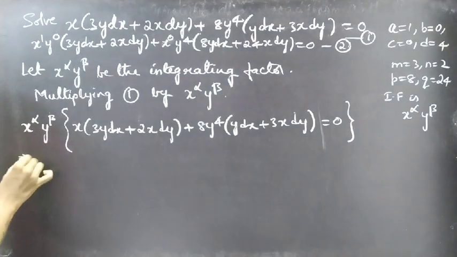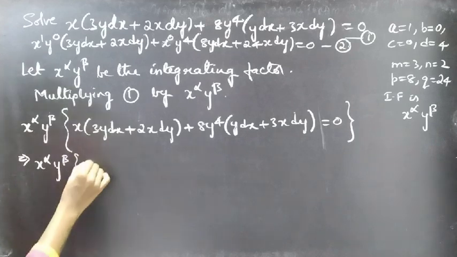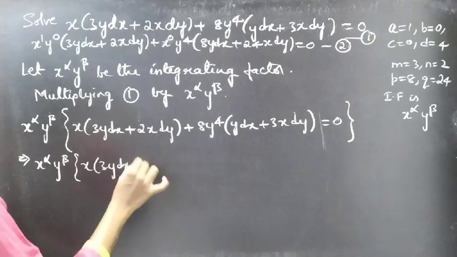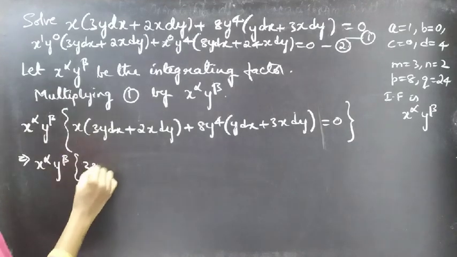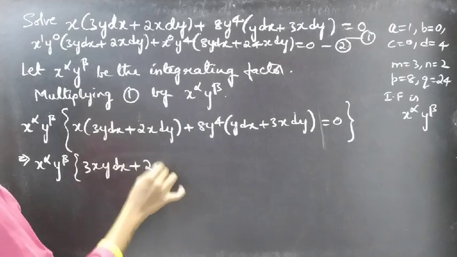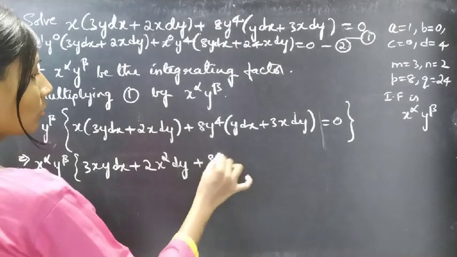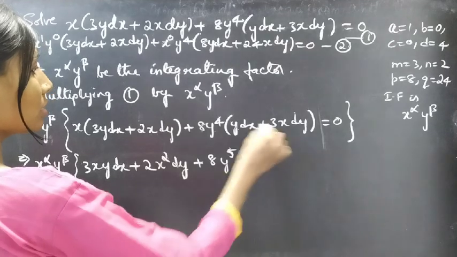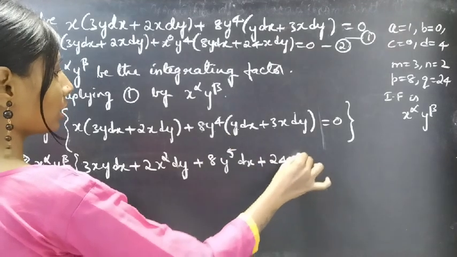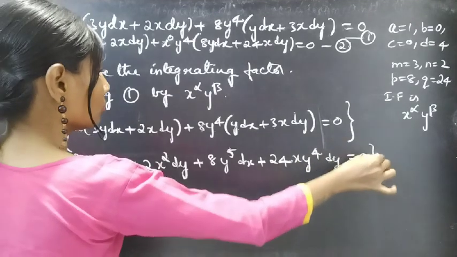Okay, this gives us x^α y^β (x · 3y dx + 2x dy), or just multiply it: 3xy dx + 2x · x² dy + 8y⁴ · y⁵ dx + 3 · 8s are 24 x y⁴ dy equal to 0,